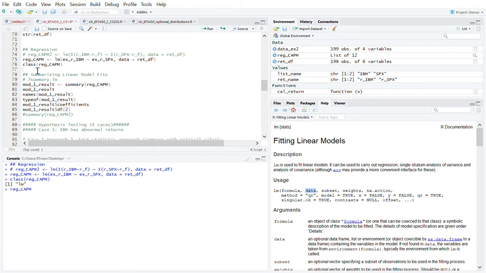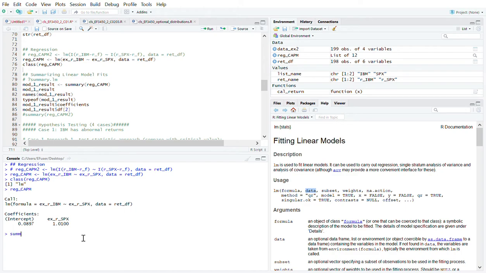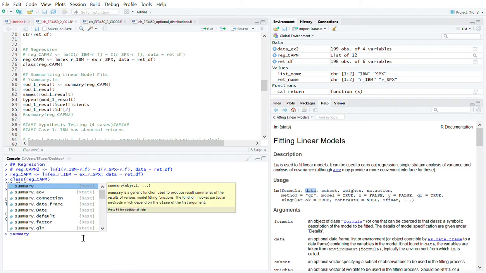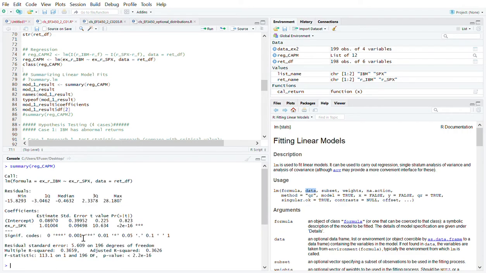If we simply enter the name of the object, it is going to give us the function call and the coefficient estimates only, which is not sufficient in most cases, right? So we can use summary. It would be good to use the summary function on this lm object, as first of all, it gives a